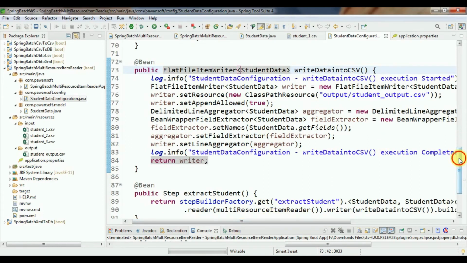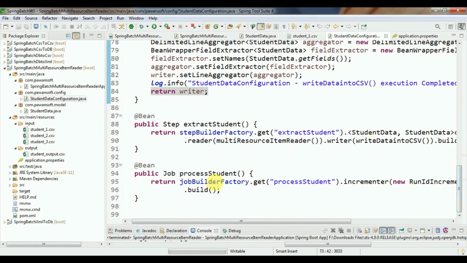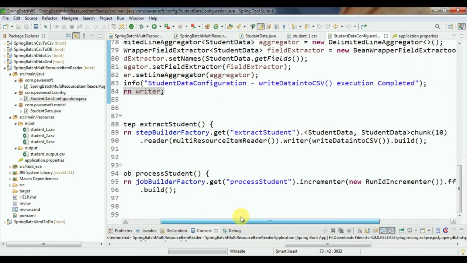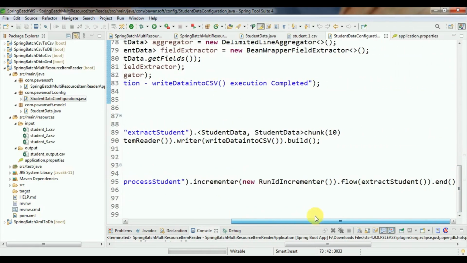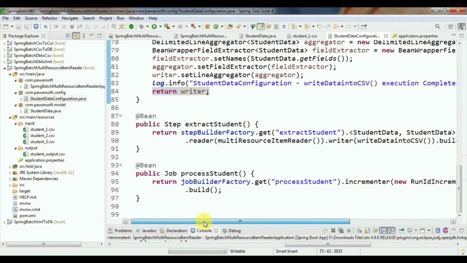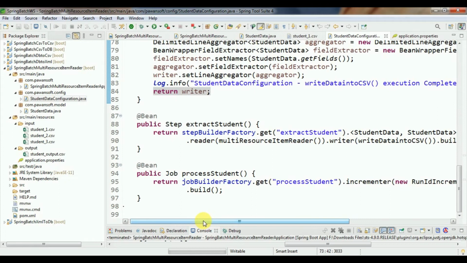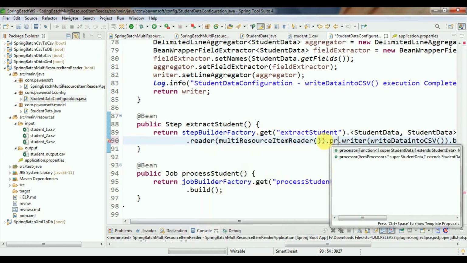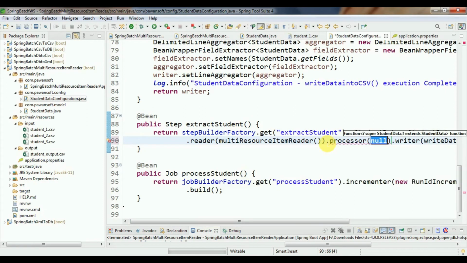Finally, below I have step and job. Inside step you have to define the chunk size, reader, writer. If you are writing a processor, it is optional in Spring Batch. If you are writing a processor to perform some changes on data, then you can write reader, then after dot processor you can pass the processor class object.